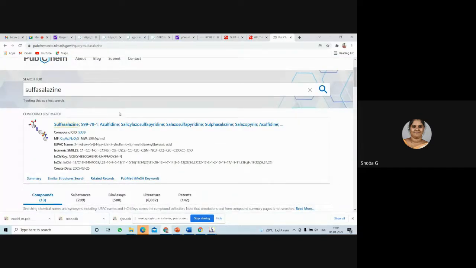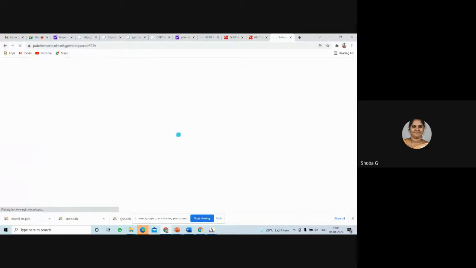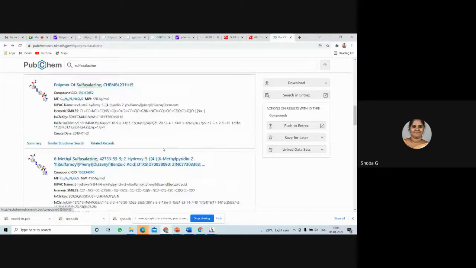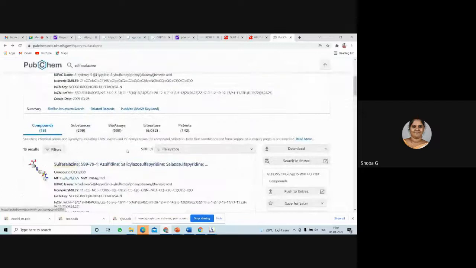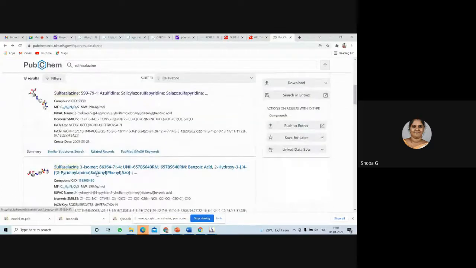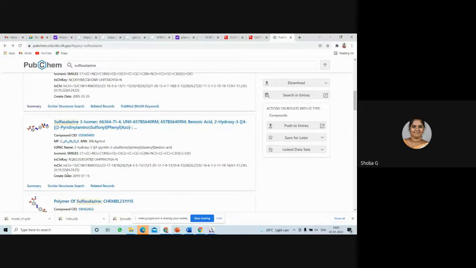So this is the structure of the compound, whatever sir has posted. I'm clicking on this option. Once I search, I'll get different options. Here you can see a list of options. Mostly our query would be the first option. In some cases, if you have multiple options, you can cross check with your molecular weight and